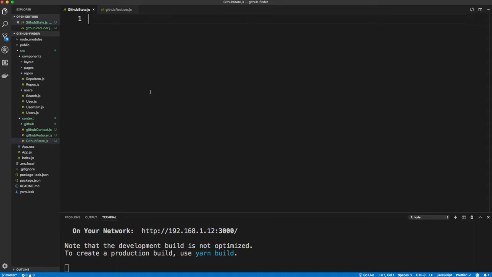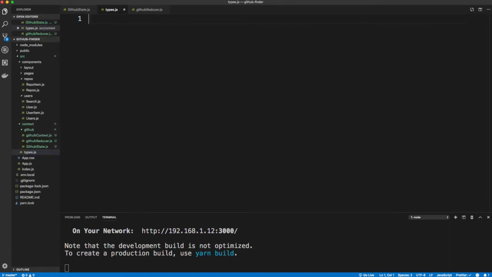Now, we're going to be using something called types. And if you're familiar with Redux, a lot of this stuff is going to make sense to you. If you're not, it is a little intimidating. It's a little overwhelming. Just try to bear with me, and if you continue on through the rest of this project and the next one, I think you're going to get a really good idea how this stuff works. And even the last one where we use Redux, you'll see the similarities here. So with types, let's create a file. This is going to go in the context folder, but not in GitHub, because the types are relevant to all contexts that we create. So I'm going to create a file here called